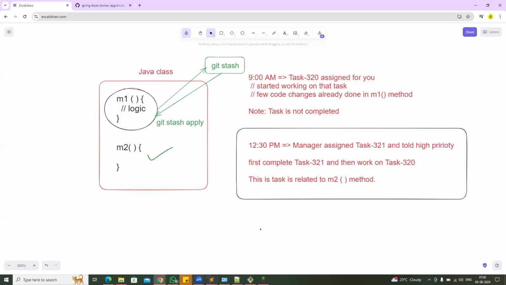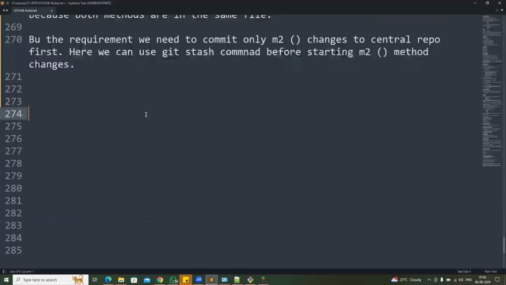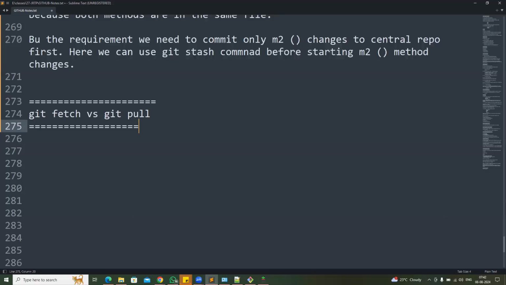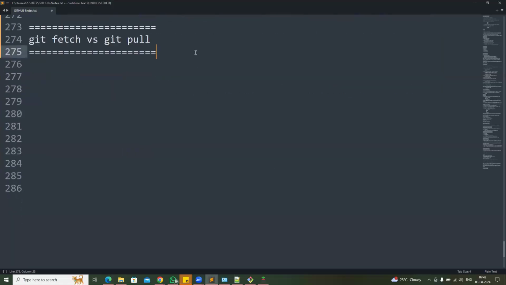All right. Next one. What is the difference between git fetch command and git pull command? Already we know what is the purpose of the pull command. Can you guys tell me what is the purpose of the pull command? Take the latest changes. Yes. Git pull gets the latest code changes from the central repository. Git pull downloads the latest code changes